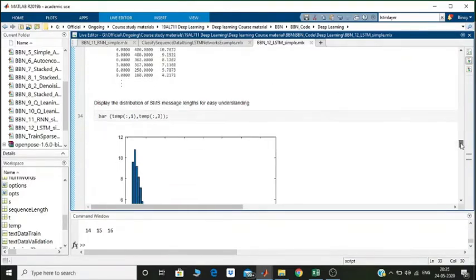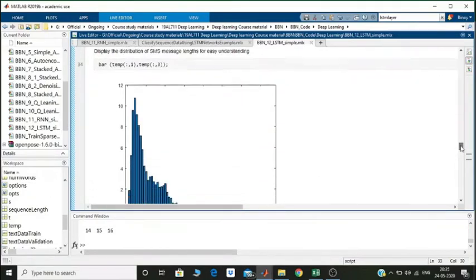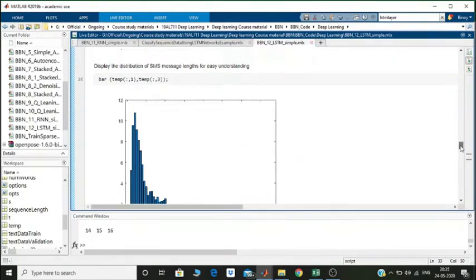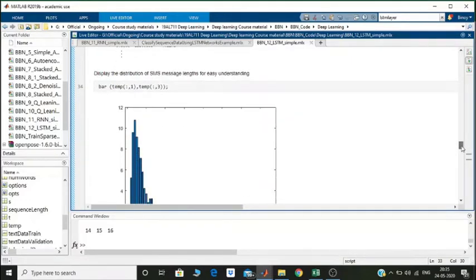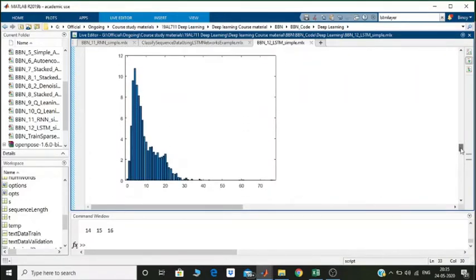And if I just want to plot the information, I just use bar function. I take the first column and the third column. First column is the token length, and third column is the percentage. So if you look at this, this is what I get.